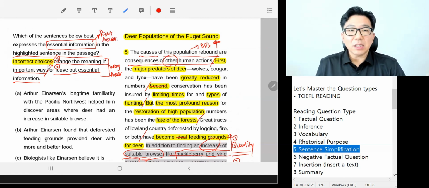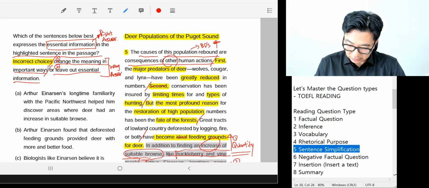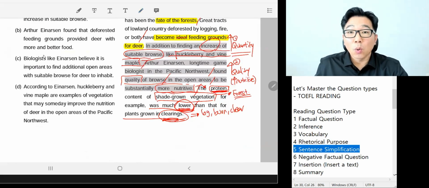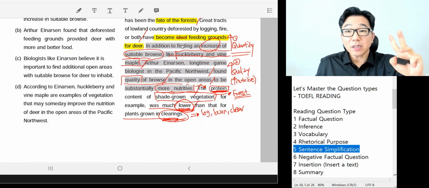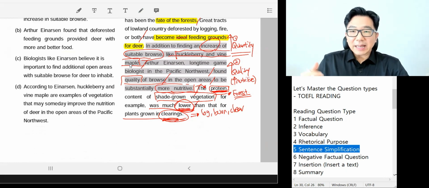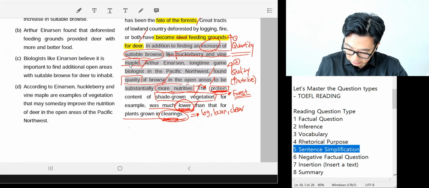So this is the sentence simplification question time. Okay, so let's solve this question. I have already comprehended this highlighted part, so I'm sure you understand, but let's just quickly reread it. In addition to, so there are two things. First of all, finding an increase of suitable browse like huckleberry and vine maple. So the steps you need to take to tackle sentence simplification: first,